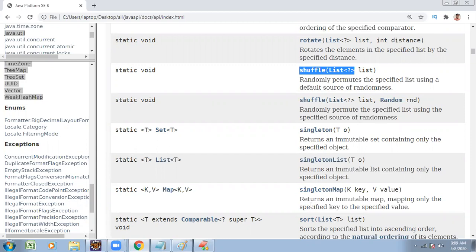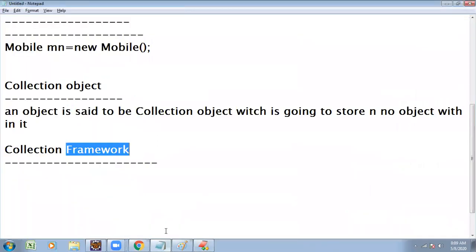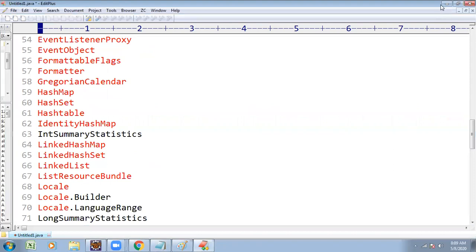You need not write the logic yourself. Utilize the logic of those people. So a framework is a ready-made architecture which contains n number of classes and interfaces, which is used to develop user-friendly applications.